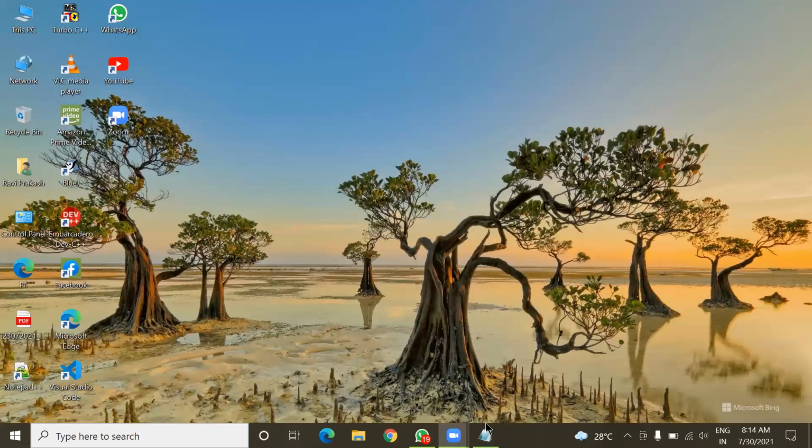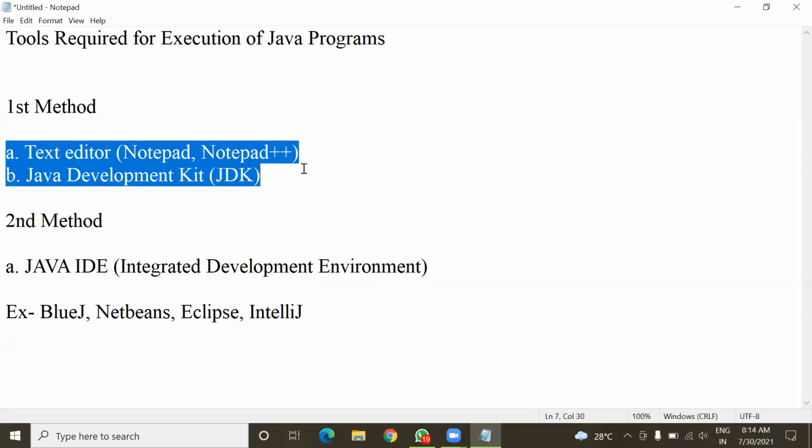So today I'm going to use this first method for development of a very simple Java program. In the program, don't worry about what instructions I'm writing there and what the meaning of those instructions is.